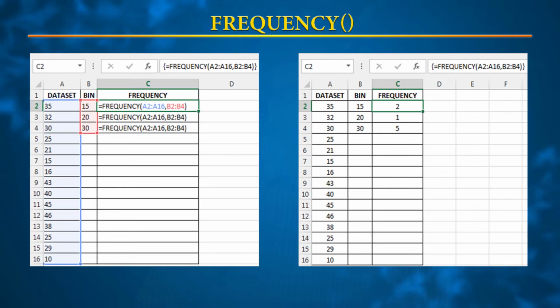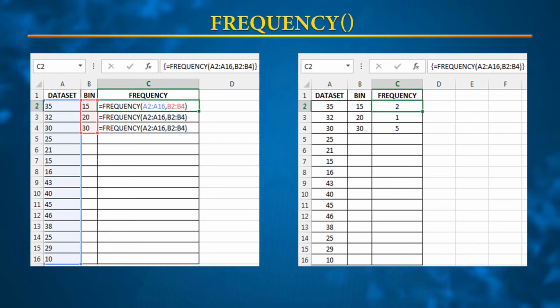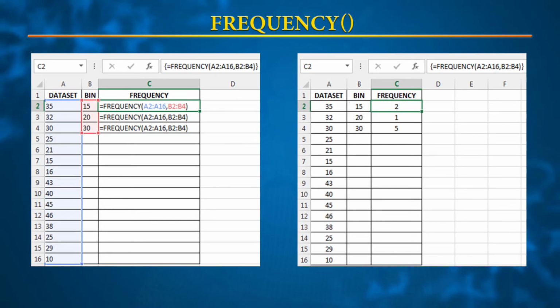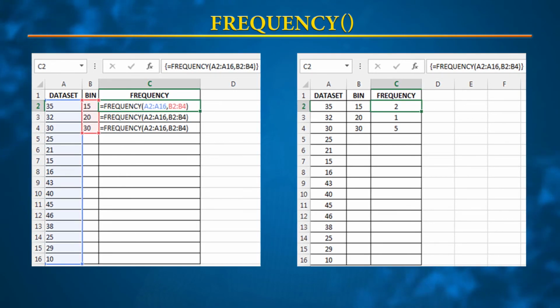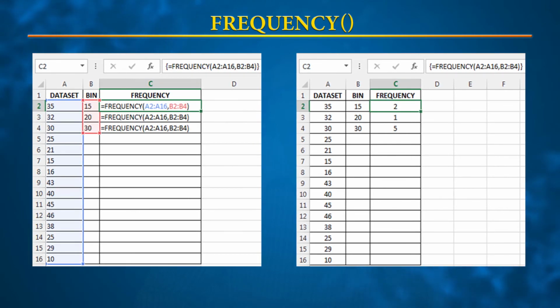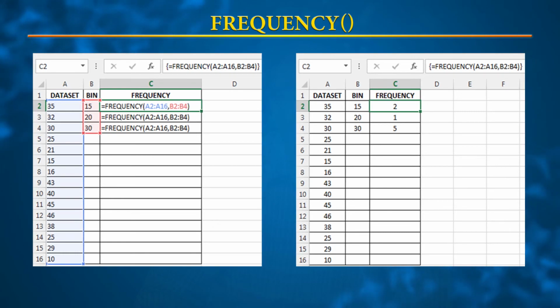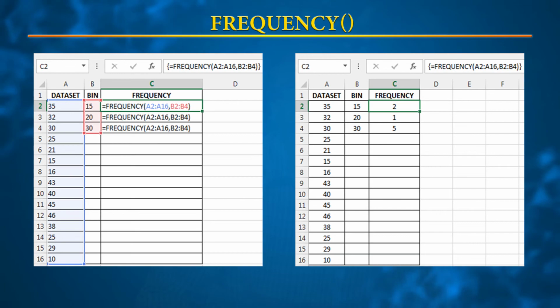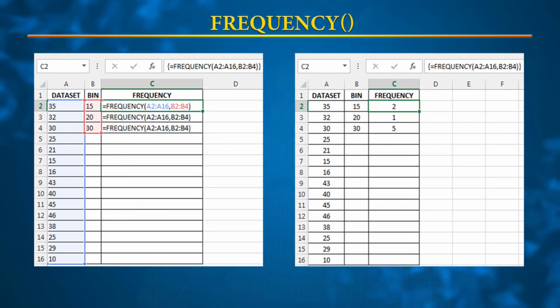Say we have 15, 16 or 20 data values, and we want to identify how many numbers lie from 0 to 15, then from 15 to 20, and then from 20 to 30. In the bin option, we populate the cells with 15, 20 and 30 in the respective cells.